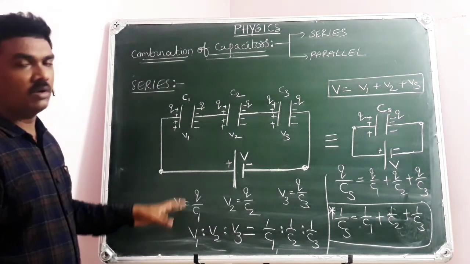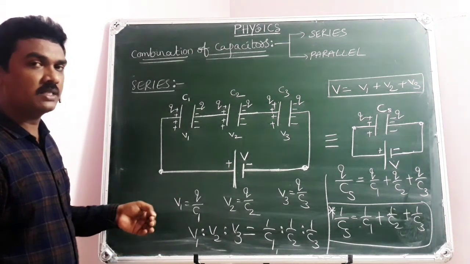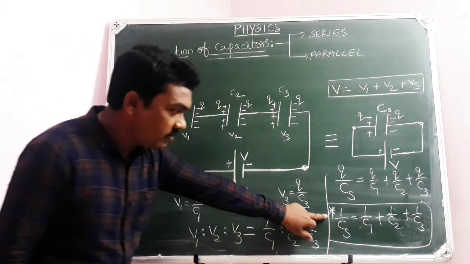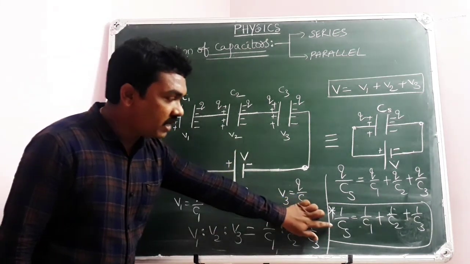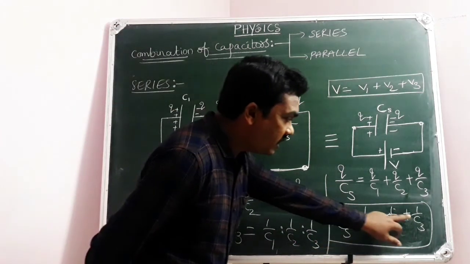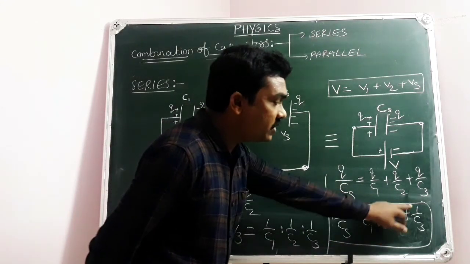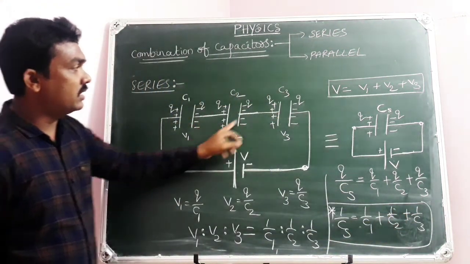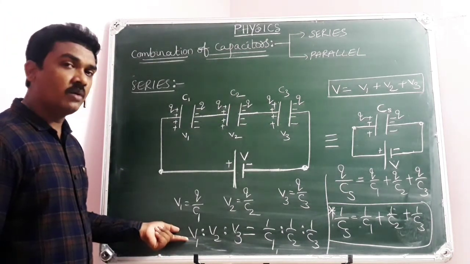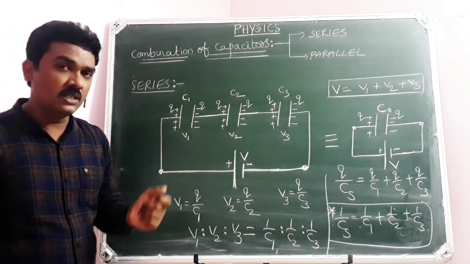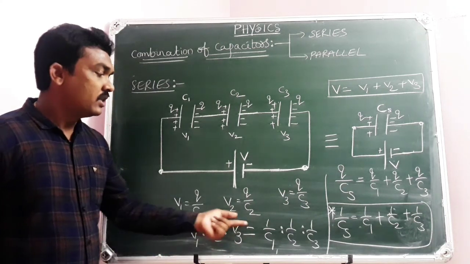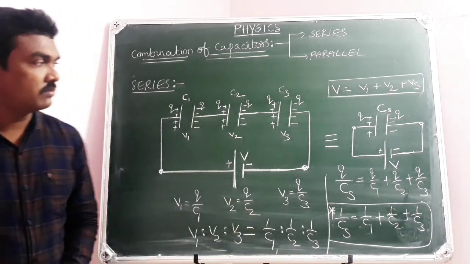We discuss a little more on this. Once you write down a little more mathematics connecting with this, once you note down this: in series combination, the reciprocal of equivalent capacity is equal to the sum of the reciprocals of individual capacitors that are connected in series. At the same time, one more key point in series combination: when two or more capacitors are in series combination, then the ratio of the potential differences among all the capacitors will be the inverse ratio of their capacities. No doubt.